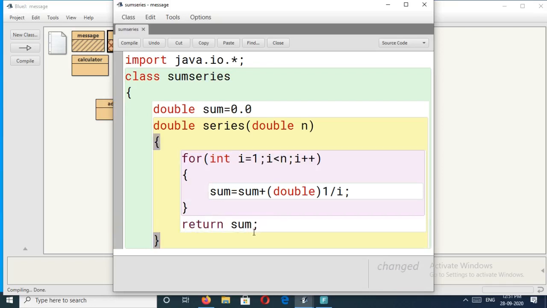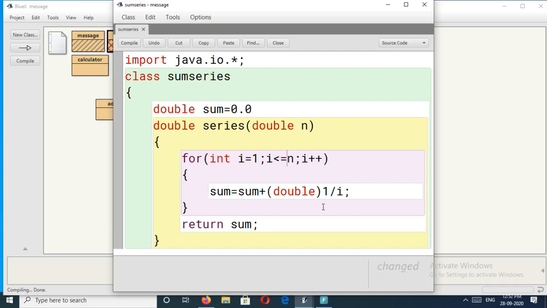See, in this function what we had done, just once more I will remind you. First we write the prototype of this function. First we have to initialize the common variable, because in both functions we have to find this sum. After that you have to write the prototype of that particular function. Then to calculate the series, with the help of a for loop we have to calculate the sum. Because of that I will write like this: for int i is equal to 1, i less than n, i plus plus. Then less than or equal to.